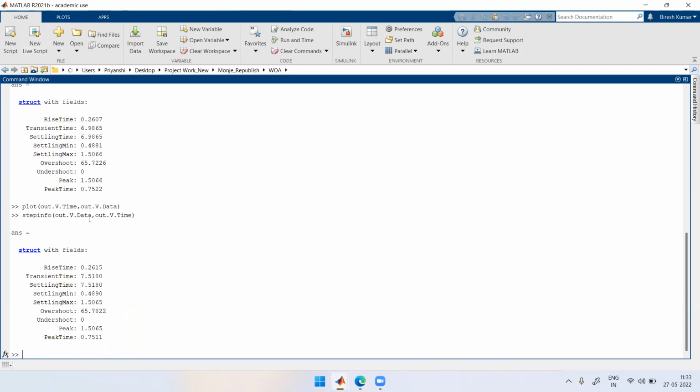Now, if you see, the rise time is the same, 0.26 and 0.26, but there is a little bit of error in the settling time. The settling time is 6.98, around 7 seconds, but here the settling time is 7.5. So there is an error of 0.5 seconds. But if you see the other parameters, settling min is 0.4 and 0.48, settling max below 1.5,